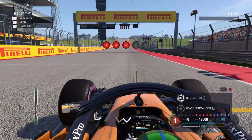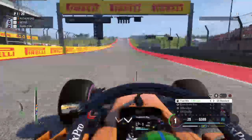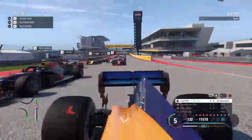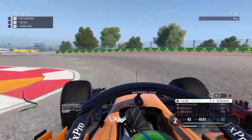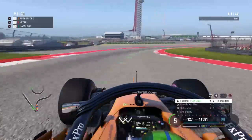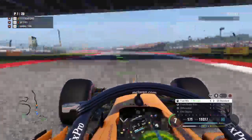Vettel's going to be starting down the inside. Not great for me. 5 red lights here in America. It's lights out and away we go. Vettel's going to get ahead of me, but I'm going to cut down to take the inside line. That means I cut off Daniel Ricciardo. I'm going to get hard on the brakes. Slide it through. Side by side with Sebastian Vettel coming up turn number 1. I'm going to clip across his front nose and take the race lead back away from him after a brilliant start